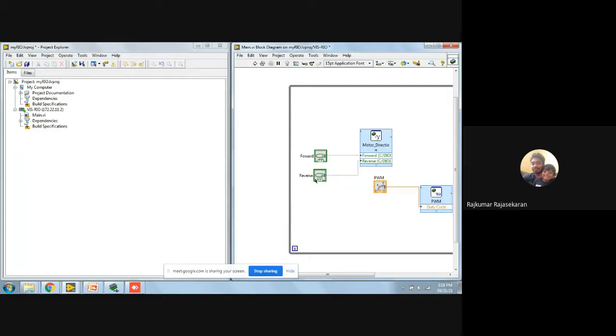There's one more thing called a shared variable, where you can transfer data from one computer which has LabVIEW to another computer which has LabVIEW. It's quite easy and quite helpful for people who are using two computers with LabVIEW. In this case, your computer has LabVIEW, your myRIO has LabVIEW, so you can transfer data from your computer to myRIO or myRIO to computer. So, inter-target communication.